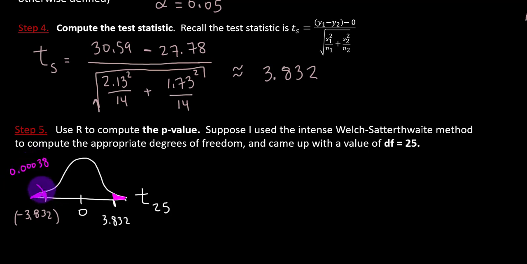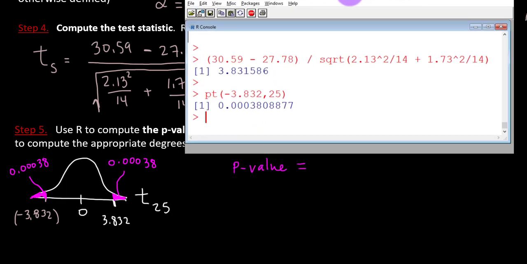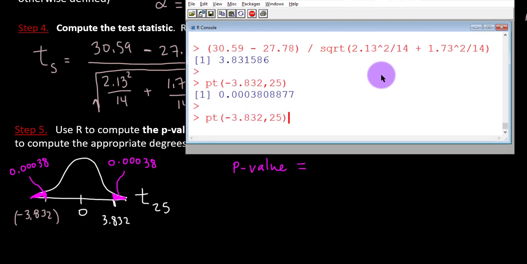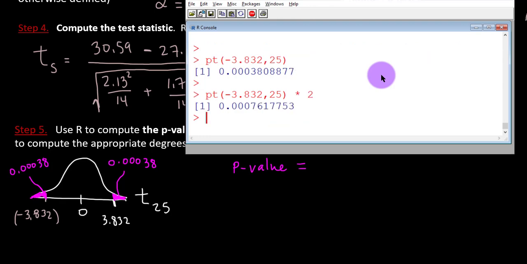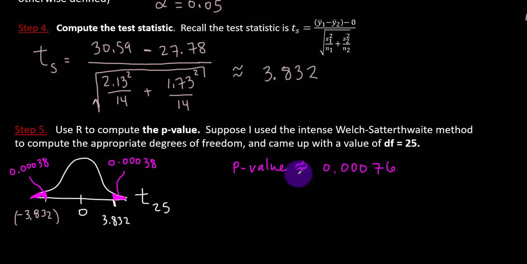0.00038. What property, maybe you tell me, what property allows us to say that this pink region is also 0.00038? Thereby, the total p-value here is, I'm going to double. I'm going to multiply by 2 our previous result, and we're going to get a pretty small number, 0.00076. Now that we have determined the p-value, we are ready for our last step, which is to state our